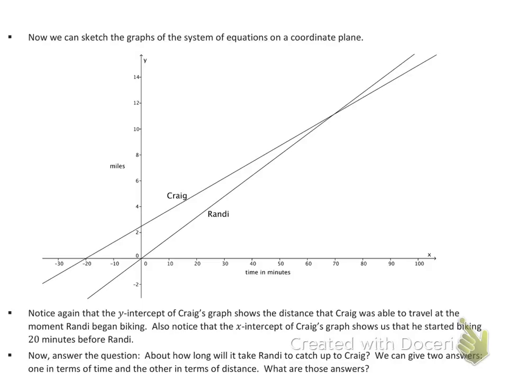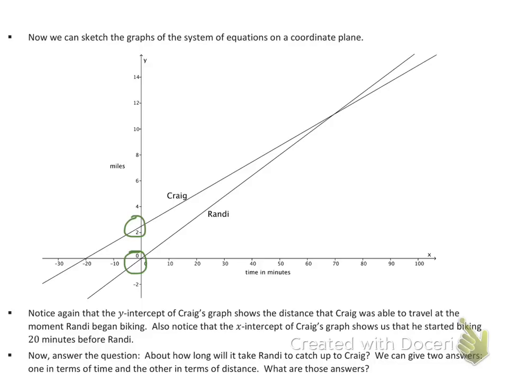Okay, so now we're going to look at the graph for Craig and Randy. And this is what those equations graphed look like. So notice, and see the notes here, think about the y-intercepts and what those points are standing for. Randy's y-intercept is 0, but Craig's y-intercept is just above the 2 mark. And so you can see that